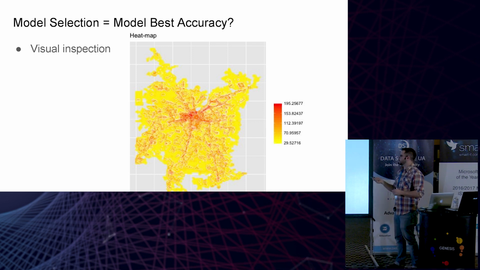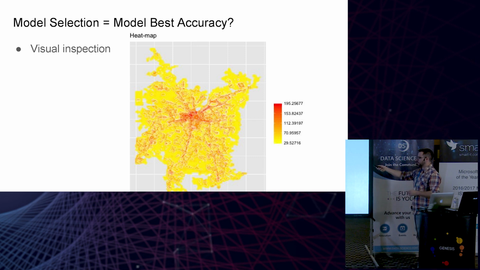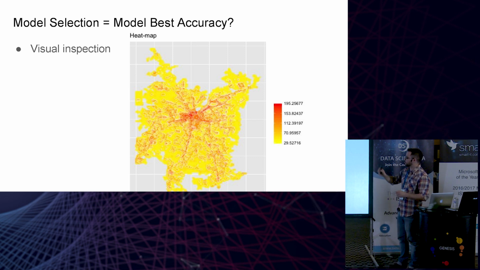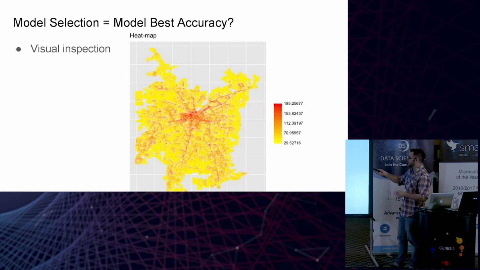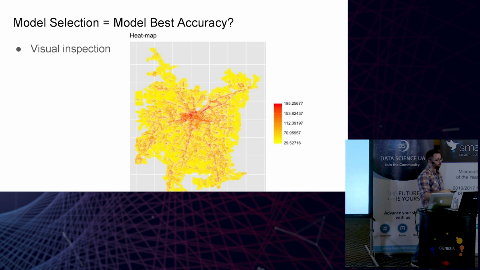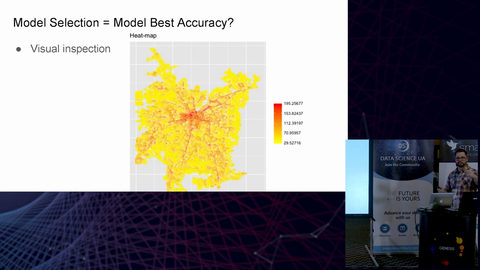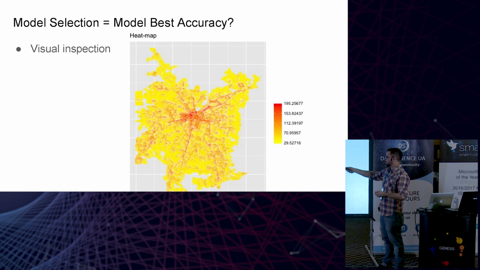Here's an estimation that we did from our model. This is the plot of Santiago, the city where we're making the model, and here are the predictions: how much each store is going to sell. I don't remember if this one was a pizza place or a coffee shop, but again, it doesn't matter. Basically, what we were very happy with is that the model represented the main streets of the city very well. We didn't tell the model, here's a big street. We just threw in variables, and when we plotted over a map, the predictions made